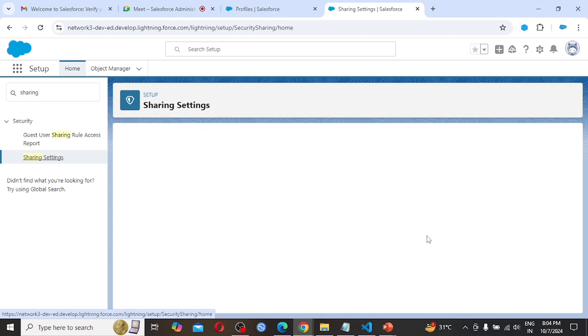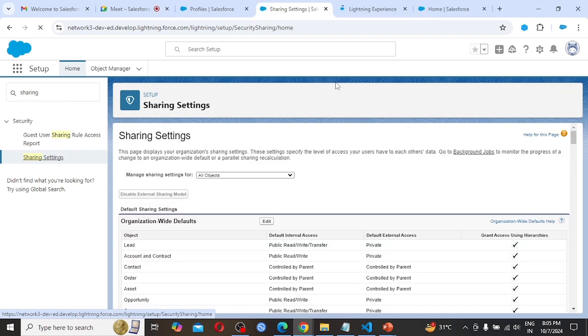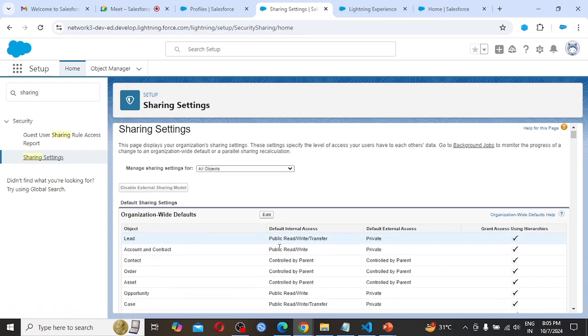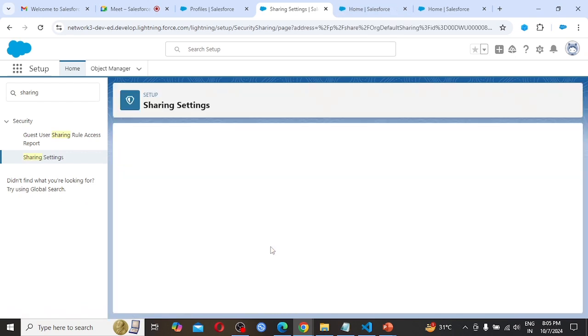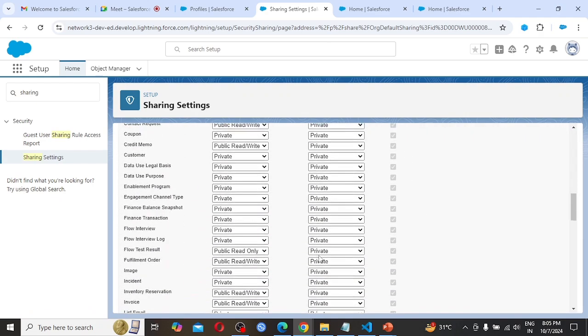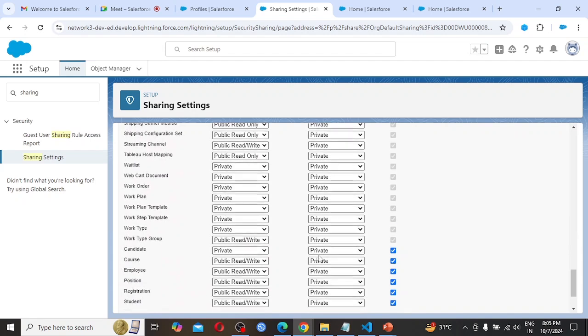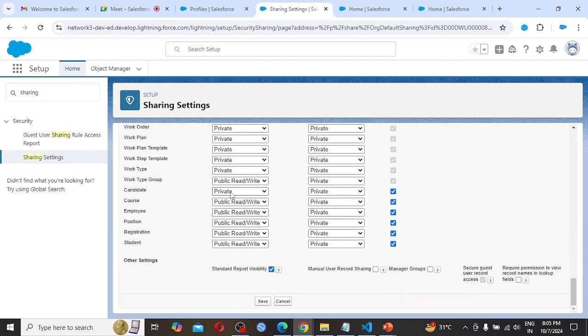Here I am now going to make it public read only. So let's see what is going to happen in this case. Okay, got it. The organization-wide default, I am going to change the setting for the candidate object. Scroll down to the candidate object. As of now this is private.